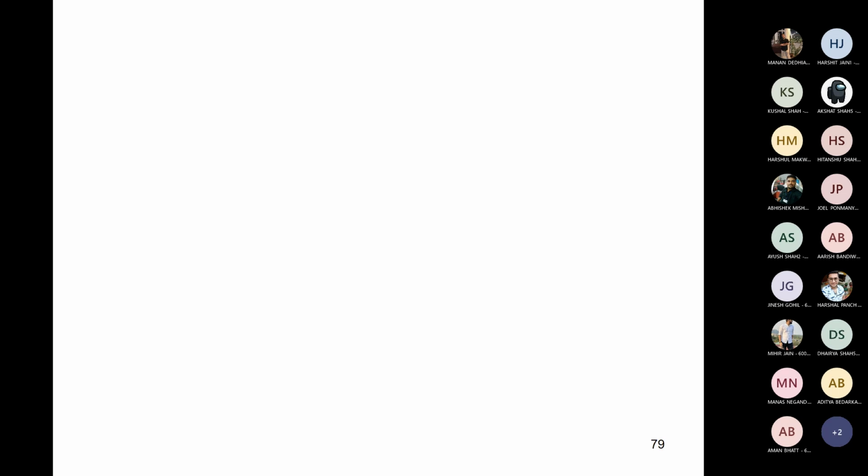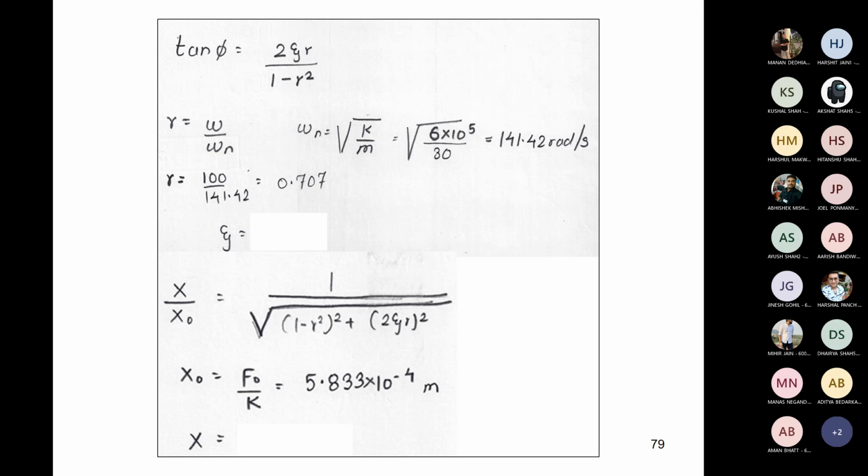I don't know how many of you have finished this numerical. The solution for this was zeta is equal to